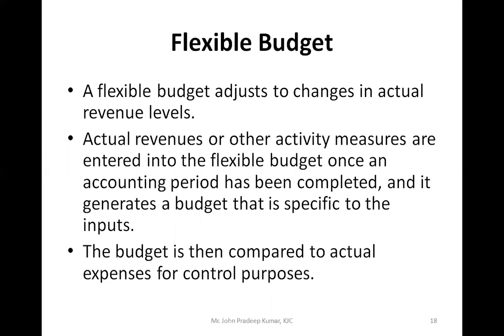Normally IT companies use flexible budgets because they don't know whether they're going to get the demand, whether they're going to get the order for any software or not. So they'll be using a flexible budget. For example, FMCG companies normally go for a fixed budget because they know how many units they have to produce, since on average this much demand will be there. Wherever they cannot tell exactly what revenue they can get, or demand can change, those kinds of companies will go for a flexible budget.